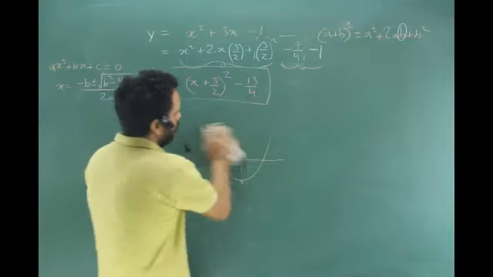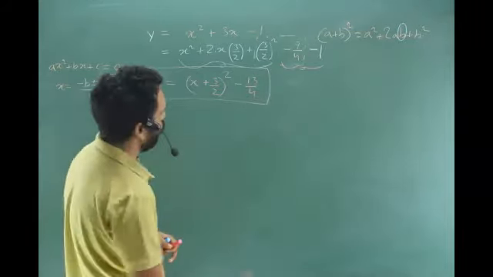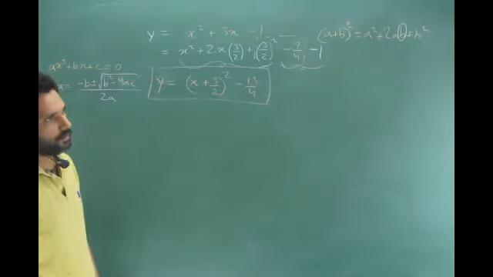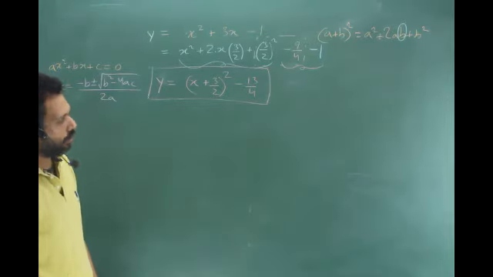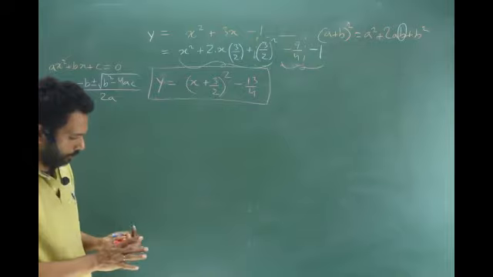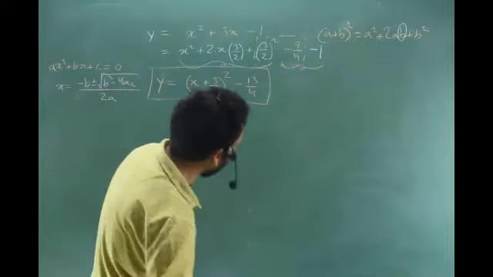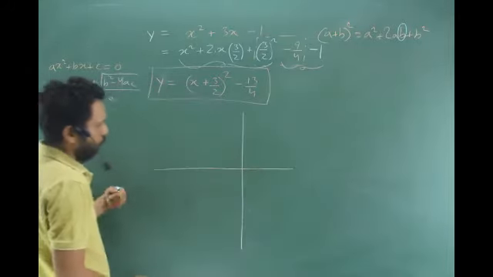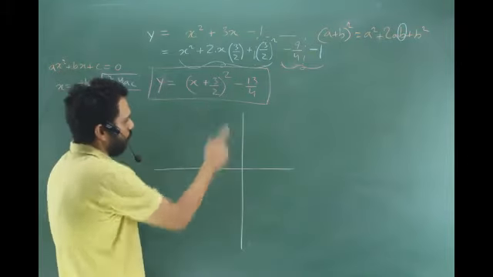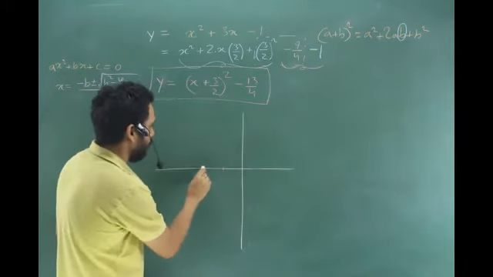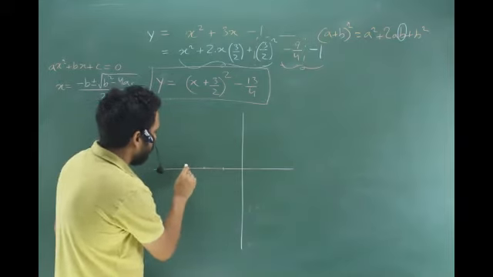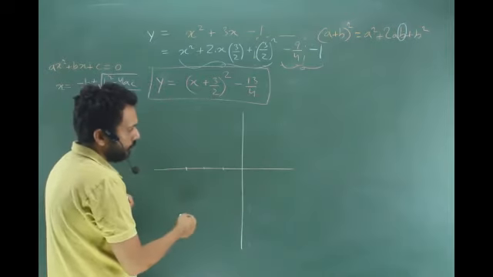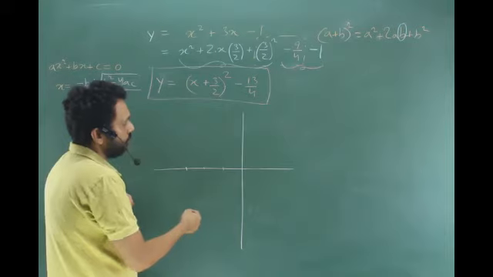What is this graph? It is x square, goes back by 1.5. By 3 by 2, 1.5, and goes down by 3.25. 13 by 4, it goes down, right? Get the point? So before making a very dark and fully plotted graph, the final thing, we'll mark some points. It has gone down by 1.5. So say 1 is over here, 2 over here, 3 over here. No, sir, it's gone to the left by 1.5 and down by 3.25. You said gone down by 1.5. Did I? Okay, yeah, sorry.